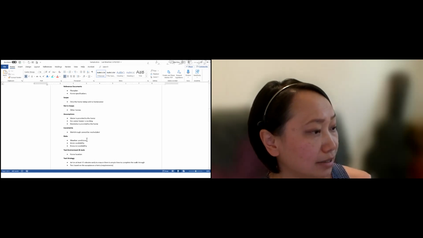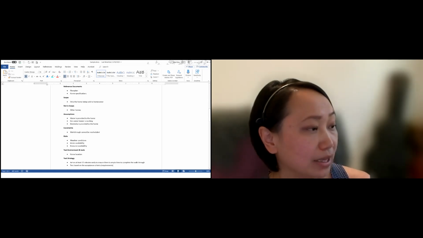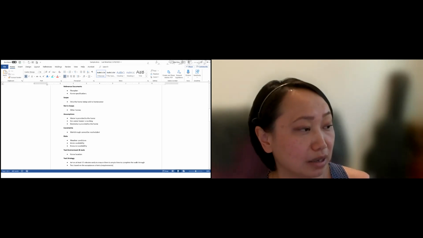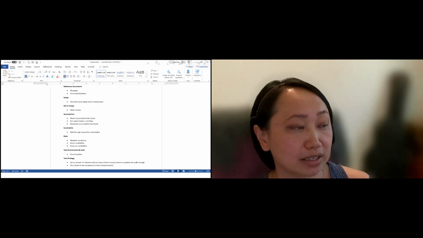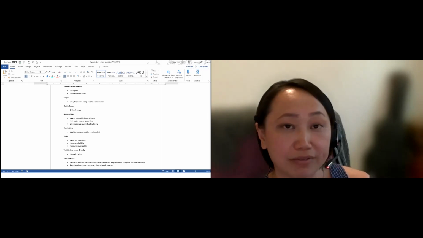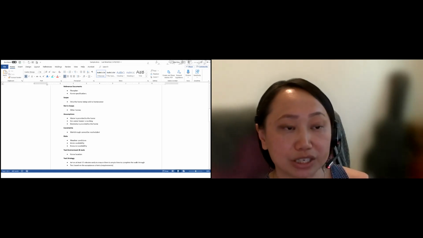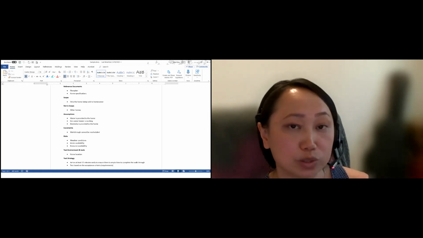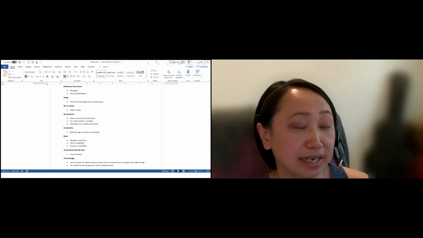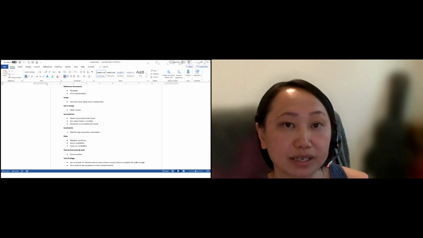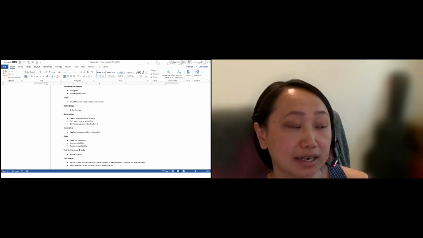For constraints, again, with any testing there are always constraints. In my experience, some constraints could be that we don't have enough test regions. If we don't have enough test regions and there are multiple projects at play and multiple codes being dropped in there, depending on the priority of your project, it might not get the priority or the visibility that it needs in order for you to get done with testing. That's always a constant constraint that I have.